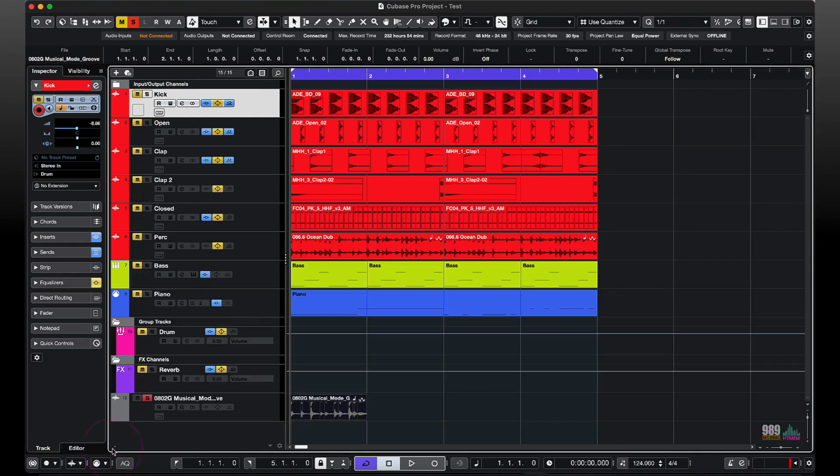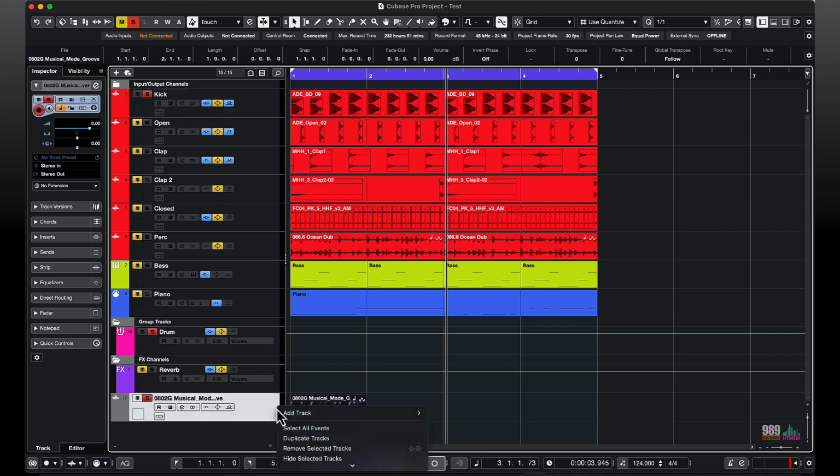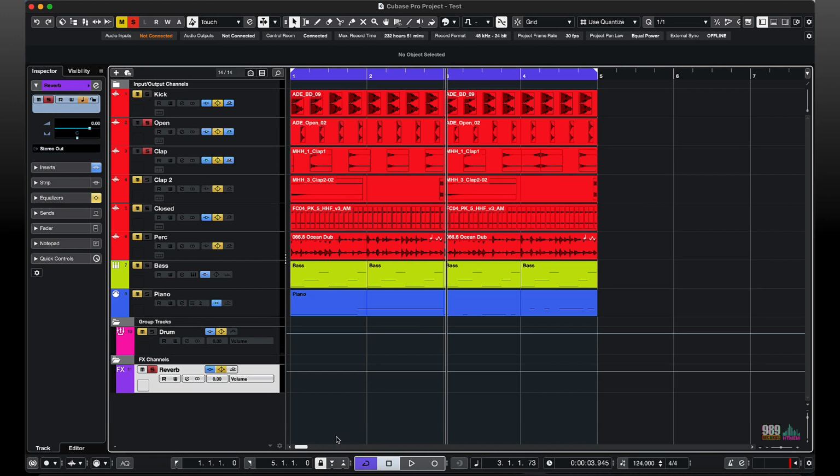So you have to count bars and beats and activate the musical mode. And if we now listen to the sample, cool, the sample is now in sync with our song tempo. Now we can delete the sample, as I used it just to explain this musical mode here in Cubase. But I will not use it